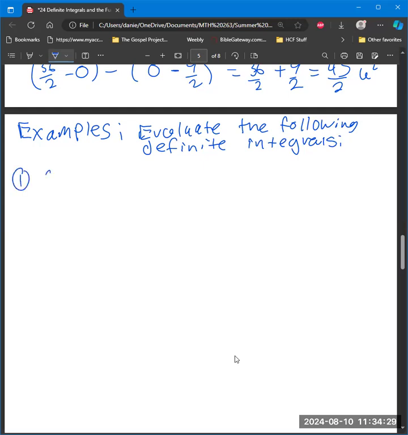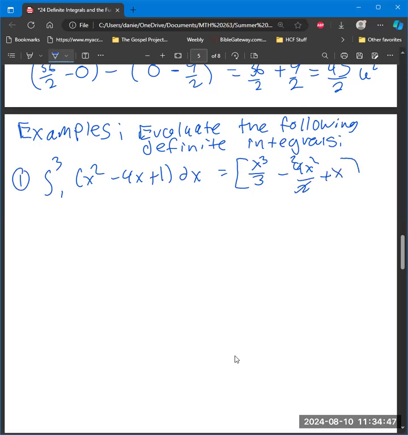Number 1, 1 to 3, x squared minus 4x plus 1 dx. So we'll be using the power rule each and every time here. x cubed over 3 minus 4x squared over 2. That makes it 2 there. Plus x from 1 to 3 is going to give me